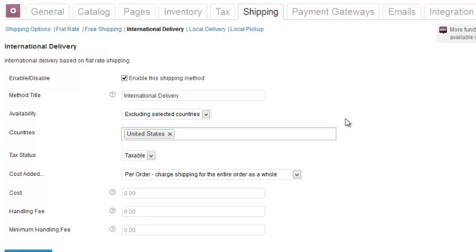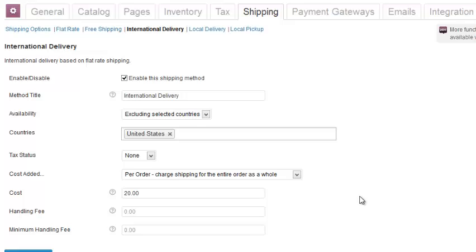There are some more things here that I could do, but let's say that's it for now, and I'm going to define the cost. I'm going to say it's not taxable. And I'm going to define the cost as a $20 flat rate for international.